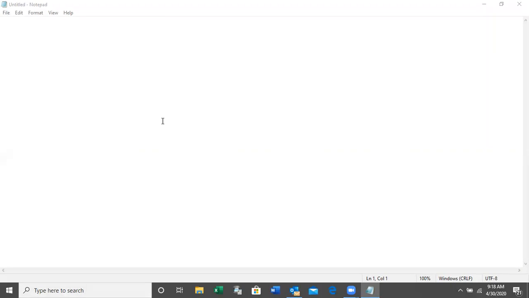But the thing is, we can't connect the database using JavaScript. If we want to connect the database, we have to use PHP or any other server-side scripting language. So now we can see how to create the JavaScript.